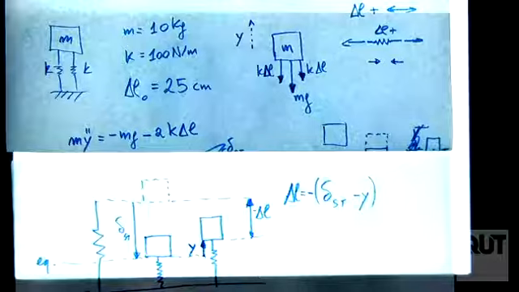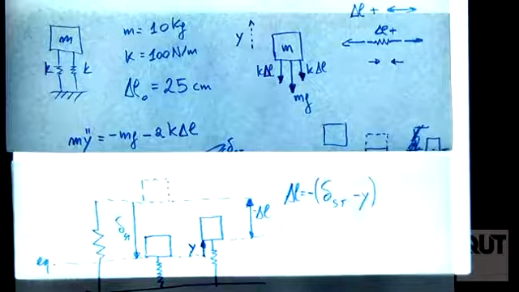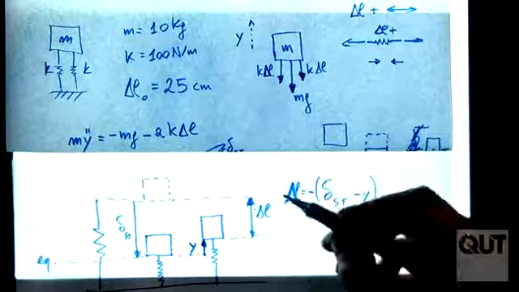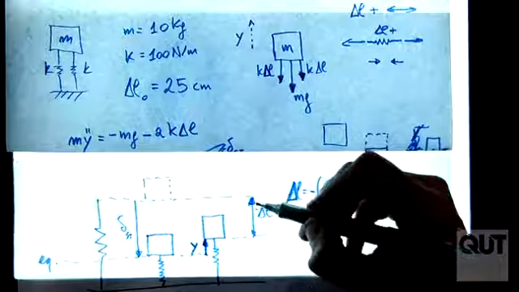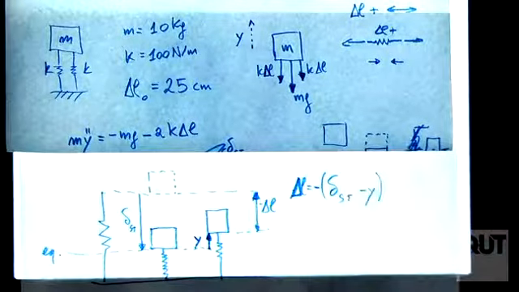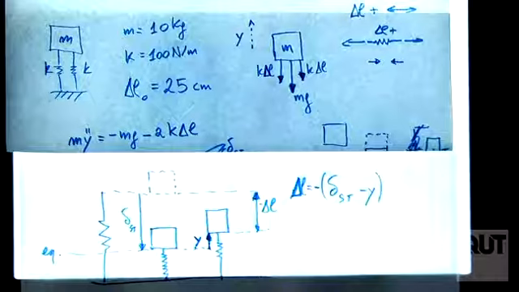That's the most tricky thing of all vibration exercises. So you consider delta L positive if it's making the spring longer. Once you see that in your drawing delta L is making the spring shorter, then you just put a minus in front of your expression. Okay?